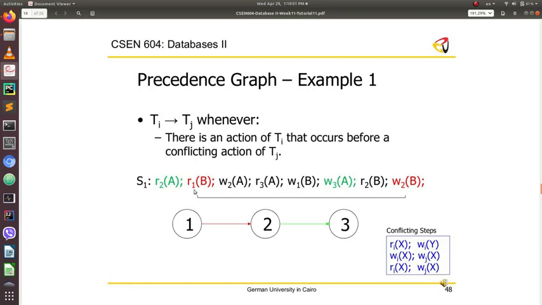Given the following set of steps for three transactions, R1, R2, and R3. As we said before, don't forget to write down the conflicting steps aside. Then scan for the conflicting steps. In this example, the green conflicting steps state that transaction R2 comes before transaction